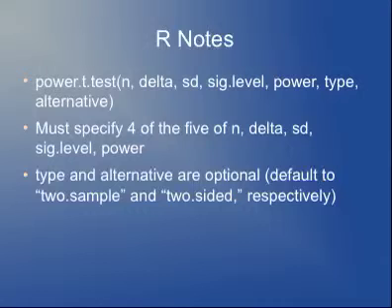In general, you will usually specify delta, SD, and sig level, and then one of either n or power. Either you'll tell it what n you need to get a certain power, or what power you will get for a certain n. Type and alternative are 2 optional arguments